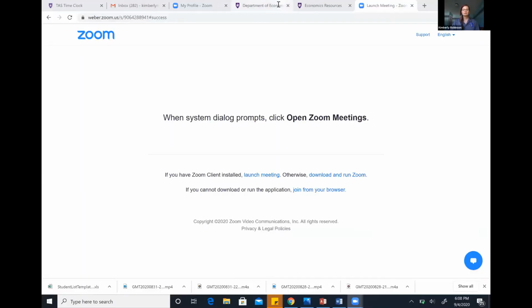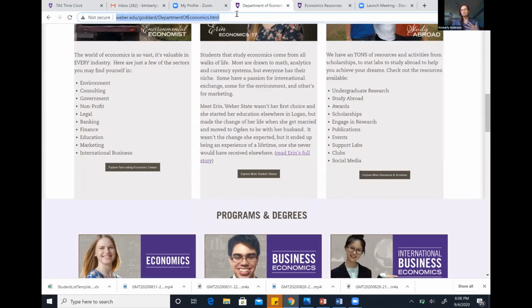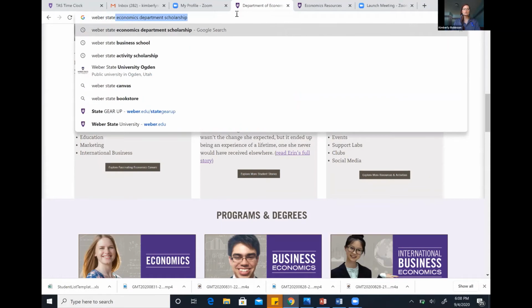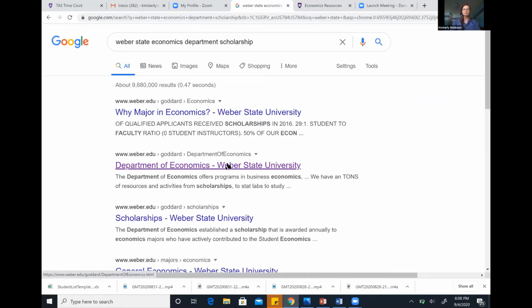So I'm going to share my screen. And so the way to start doing this is to search for the department that you are interested in or you're going to be majoring in. I was an economics major, so we're going to start with that. So I searched for Weber State Economics Department Scholarship. And if I click on the Department of Economics,